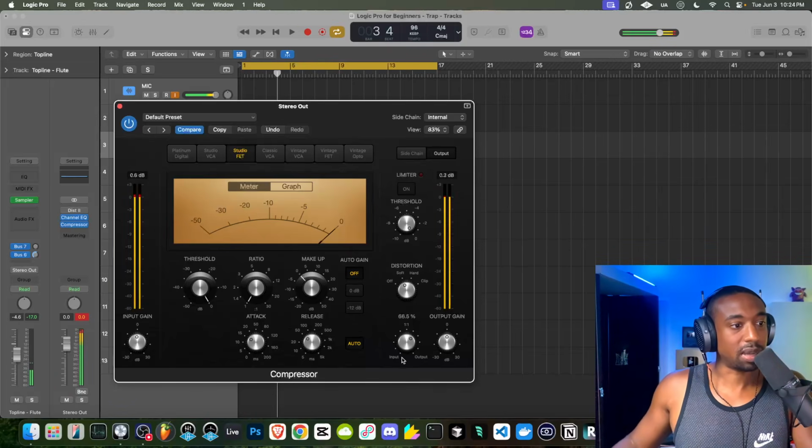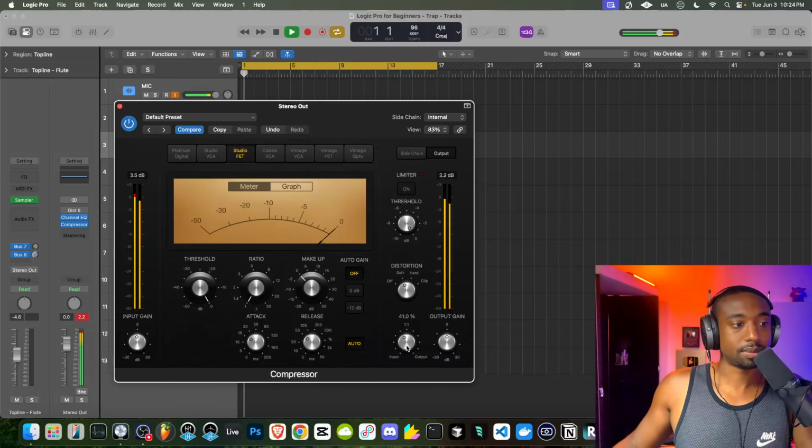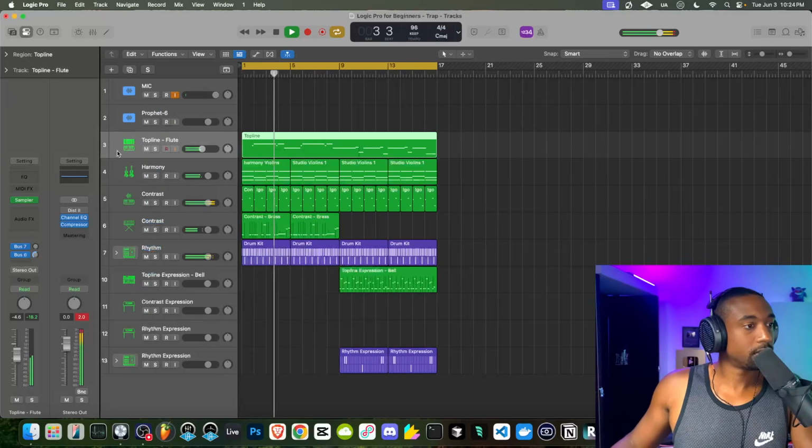And also, this has a mix level. So if you feel like it's just doing too much, you can pull this down. Let's add that distortion back.